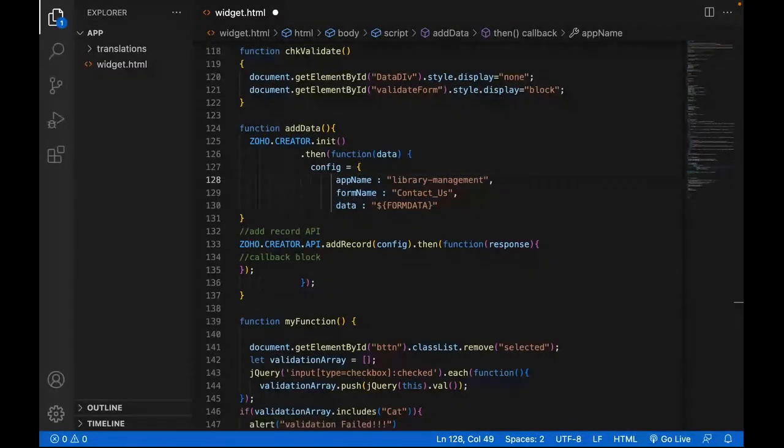Now the next step for me to do is to define my data, right? So for that,